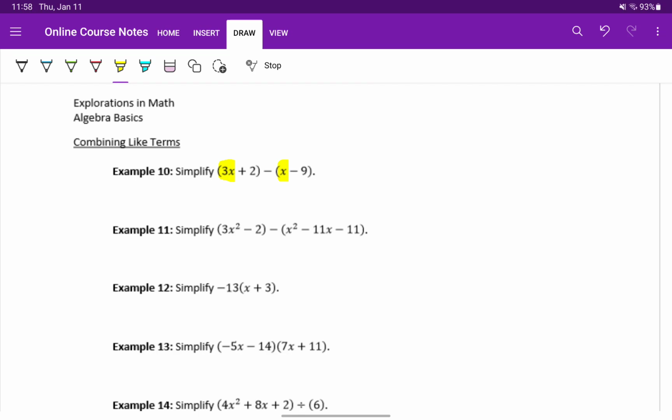In this case, example 10 has the variable terms 3x and x, and the constant terms plus 2 and minus 9. We can combine the variable terms by adding the coefficients, and we can add the constant terms by adding those values together. But we have one additional step here that we need to take care of before we can start combining those like terms. And that is to use the distributive property